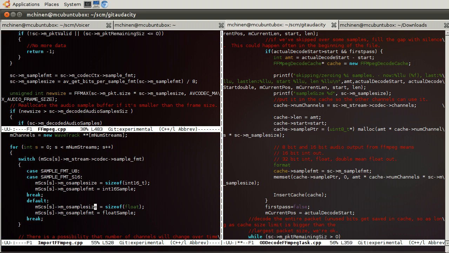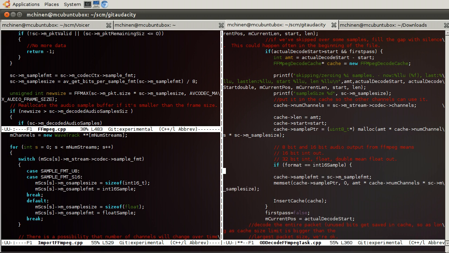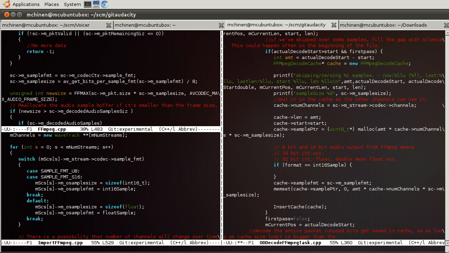As you can see, the two types are either int16 or float sample. Alright, so we don't use that.